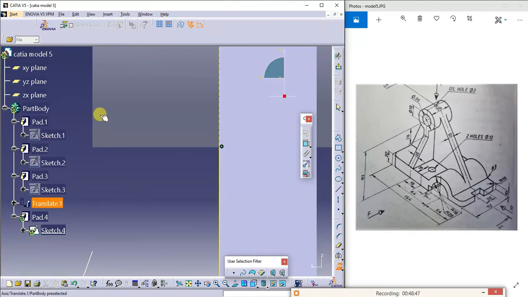I'll go for the project lines. So it is taking from here. So I'll delete this.